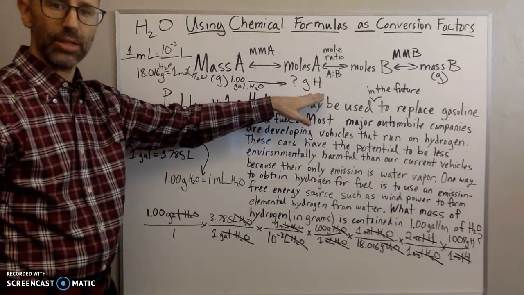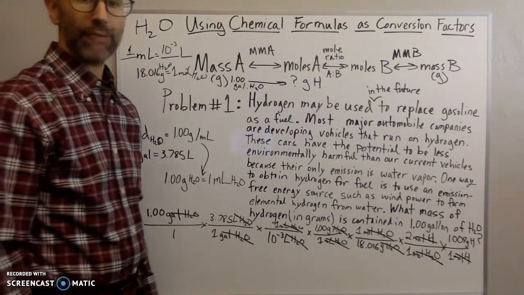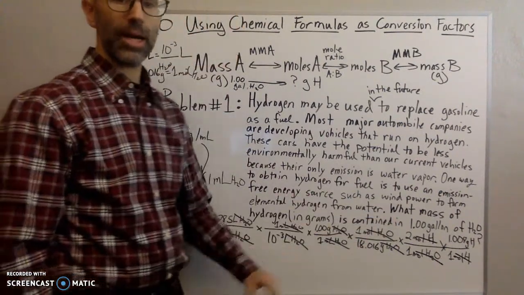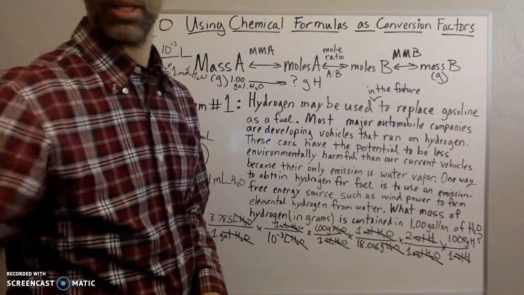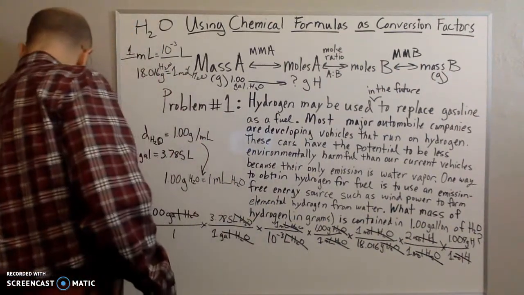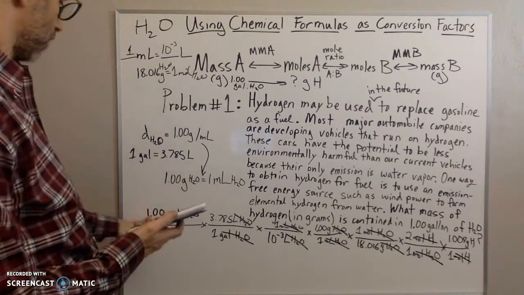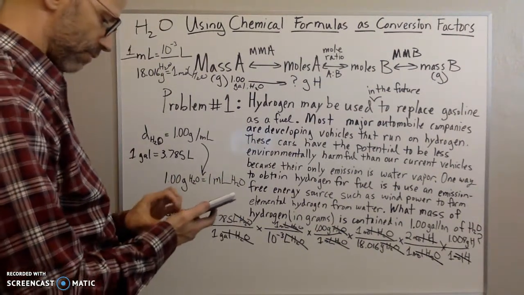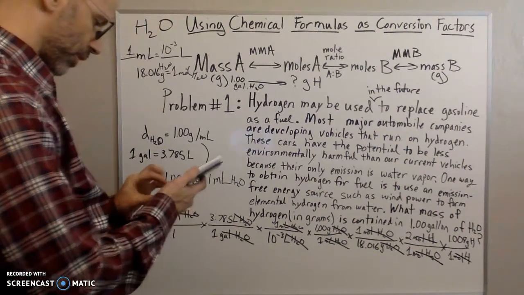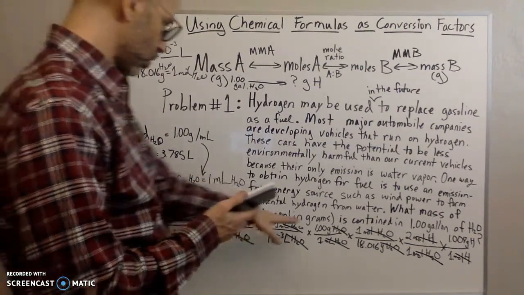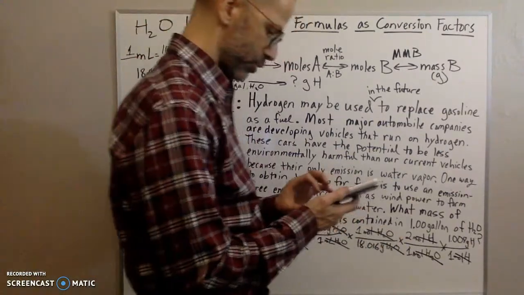So I am done. So at this point, all I have to do is calculate, multiply across the top, divide by the bottom, and then I'll get my answer. So let's go ahead and calculate this out really quickly. So I'm going to forget the ones. So we have 3.785 times 1 times 1 times 1 times 2